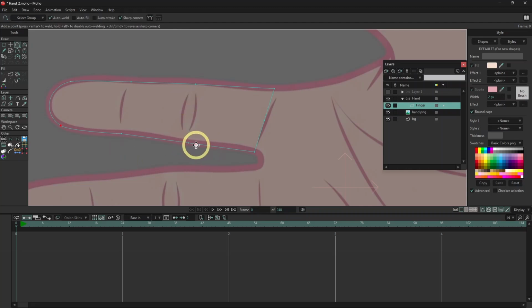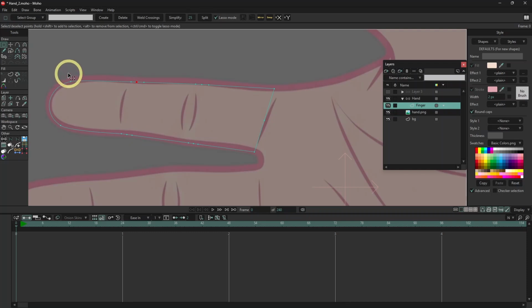Now I'll add one vector point over here, and I'll add the same number of points over here. So that the points are in the correct location, I'll just